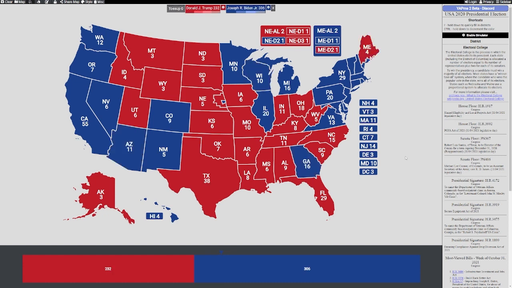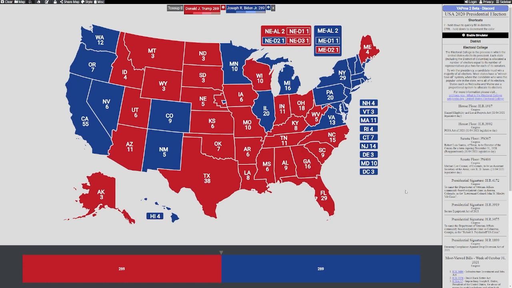Let's run a theoretical scenario in 2020 and see what happens if Donald Trump is able to get Georgia, Arizona, and Wisconsin. Wow, okay, now here's something interesting. 269 to 269. That is an electoral tie. This was a very probable outcome in the 2020 United States election. This could have very well happened, and it would have left the election to go to the House of Representatives for the first time since 1824.